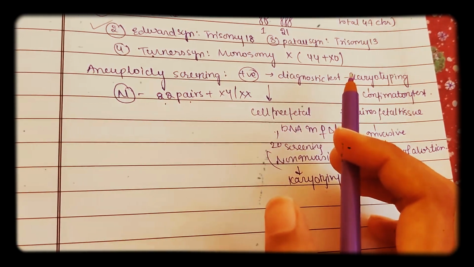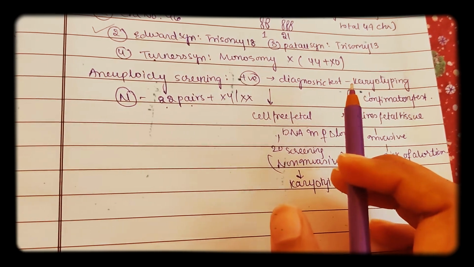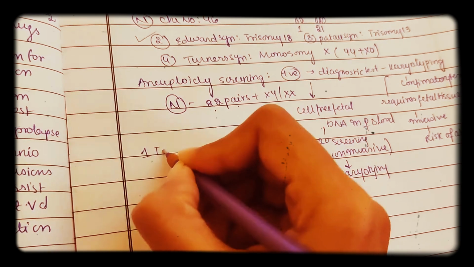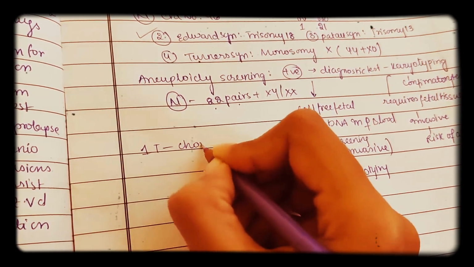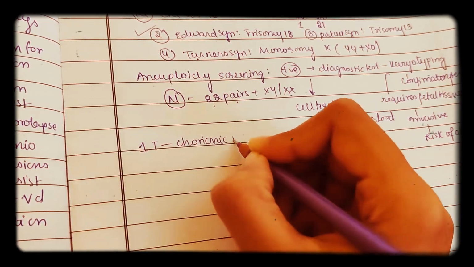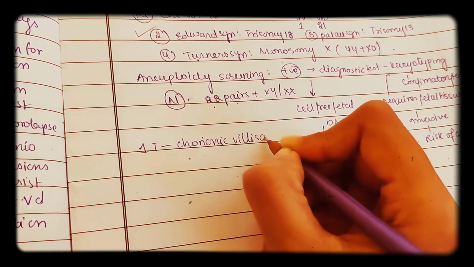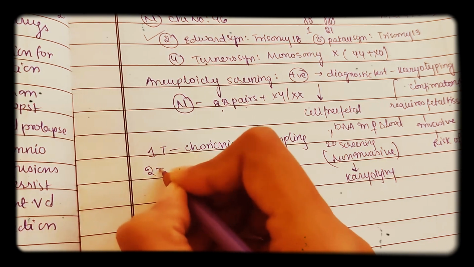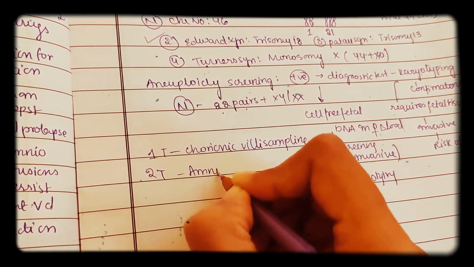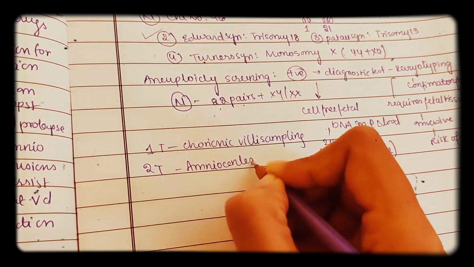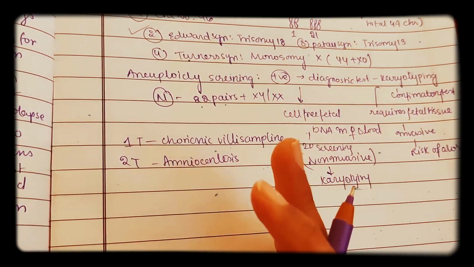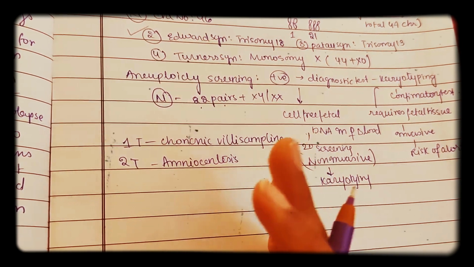It's a diagnostic test. In the first trimester, you are going to do chorionic villi sampling. Chorionic villi sampling is done in the first trimester, and in the second trimester you will do amniocentesis. Now coming to a pregnant female who has a previous history of a trisomy baby,